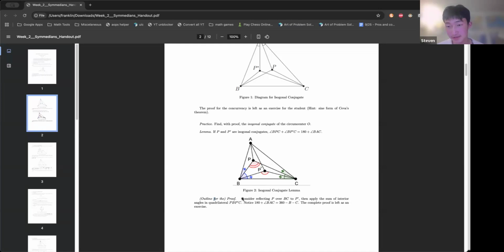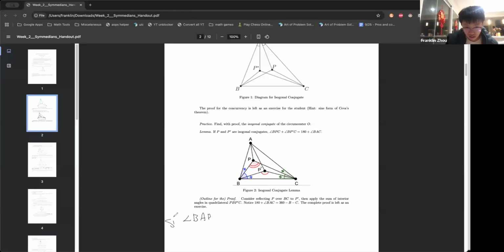Franklin, didn't I talk about the proof for this? There's several ways of solving this. But I'll give a really easy proof if you know one of the theorems called Ceva's theorem, sine form. Basically what it says is that three Cevians are concurrent only if the sine of angle